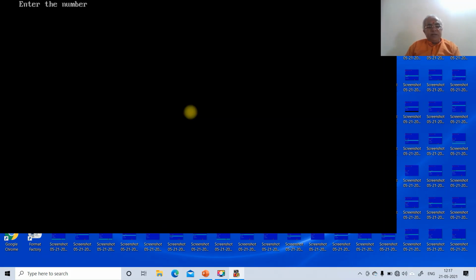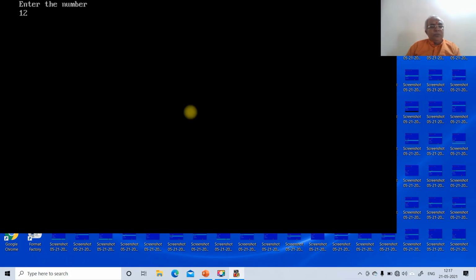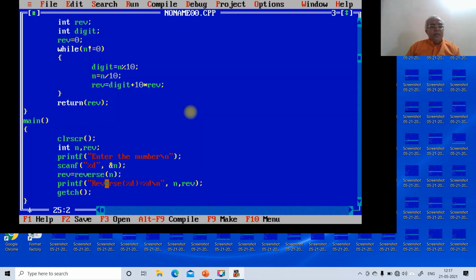So enter the number as 567. So the number 567 with the reverse is 765. Suppose if you give the number as 123, the reverse of this will be 321. So this is how it will be executed.